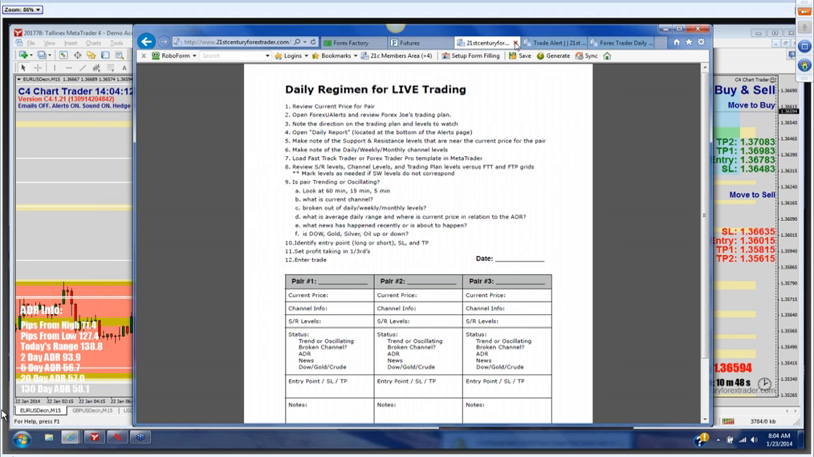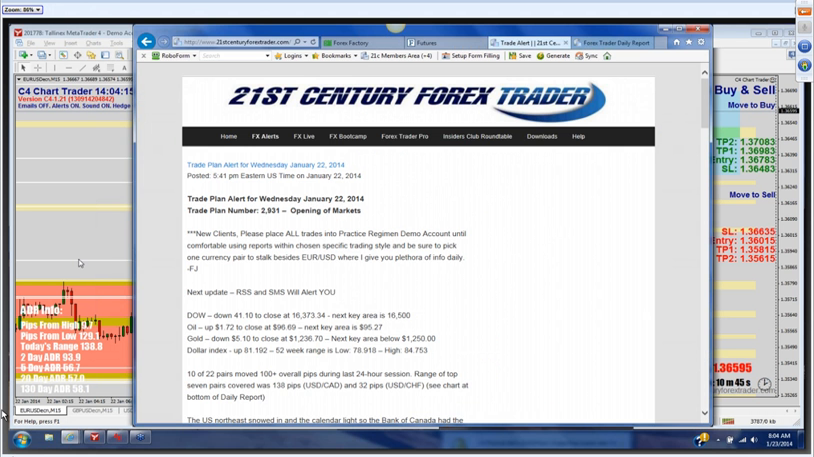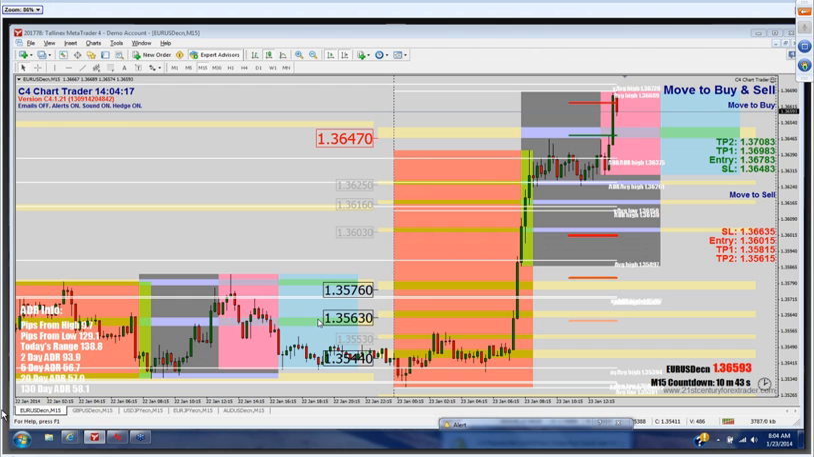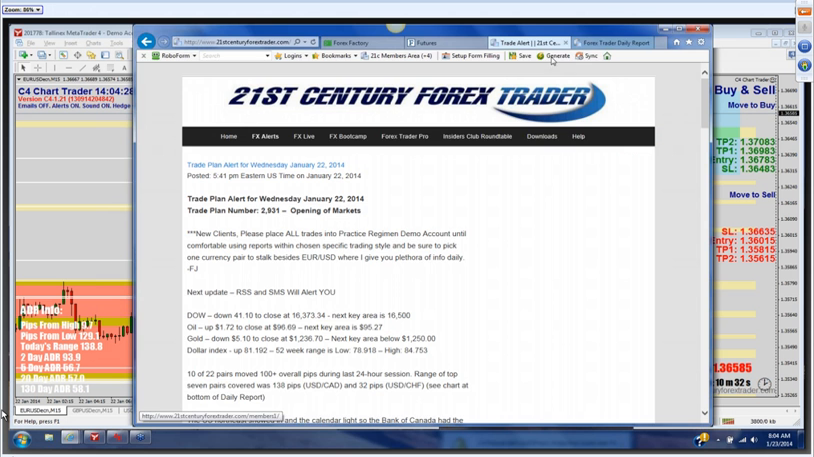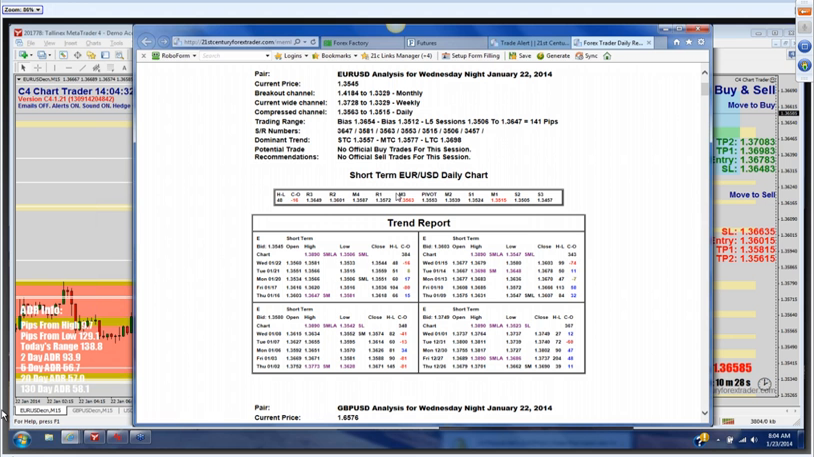So walking through our checklist, let's begin with the Euro USD, and here we are. We're currently trading at 36.59. So Euro USD currently trading at 36.59. First thing we're going to do on step one is gather our channel information. So we go over to the daily report, and we see that we have a channel bottom at 35.15, and we have a channel top at